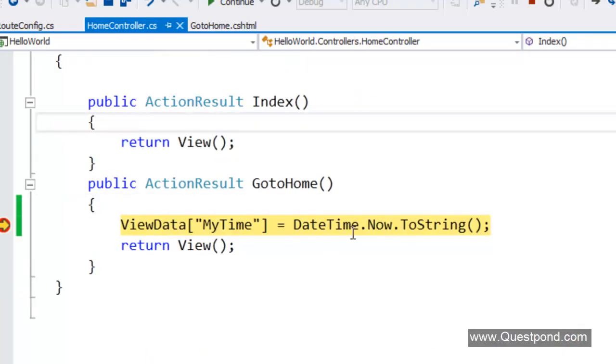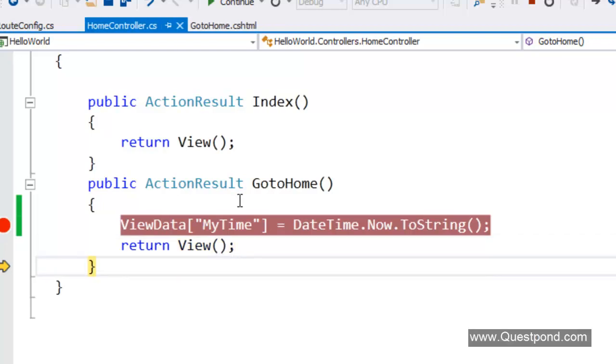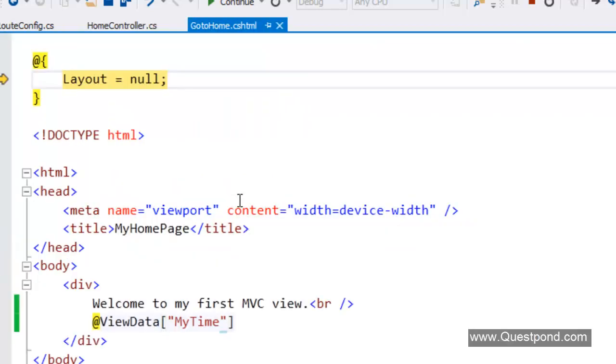So you can see now I'm setting this view data over here, and this view data is set inside the action. Now if I do an F11, once this action has been executed, it starts executing the view here. So it goes here, F11. You can see now,